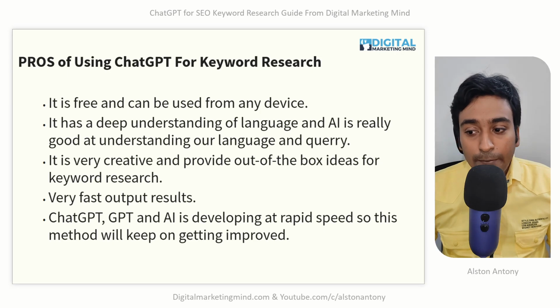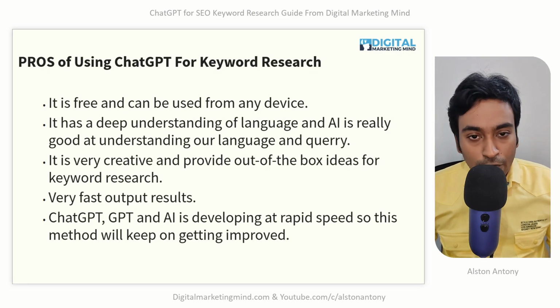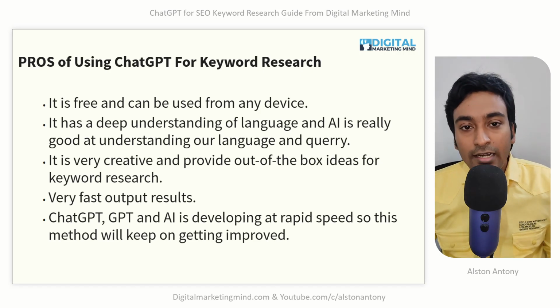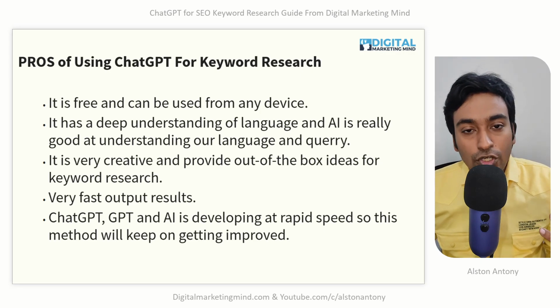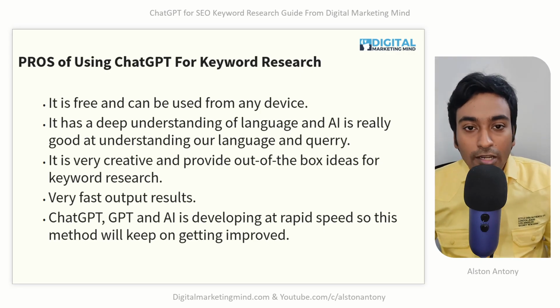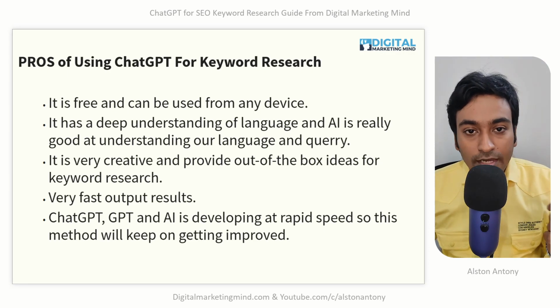It is very creative and provides out-of-the-box ideas for keyword research. This is another personal favorite for me, because there is a creative aspect to ChatGPT. It's not just data, it's not just factual information. It is able to guess, to estimate, to give reasoning, and to give an explanation for a specific thing. So it feels like you are interacting with another person when you are doing keyword research. You might even come up with something interesting which you have not thought of. By doing this, you might even uncover some hidden market. Anything can be possible when you're doing something like this.